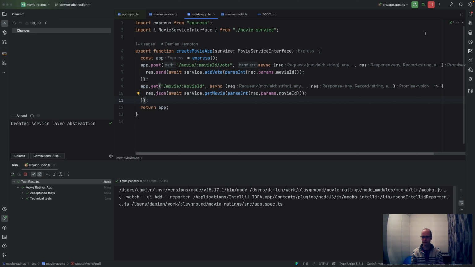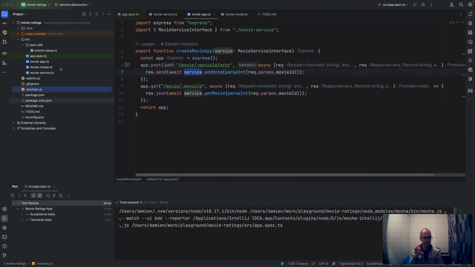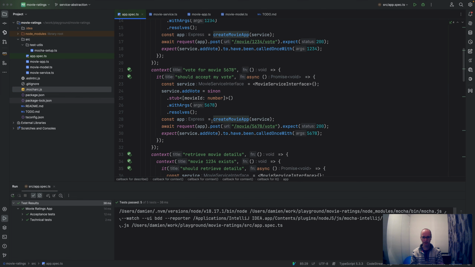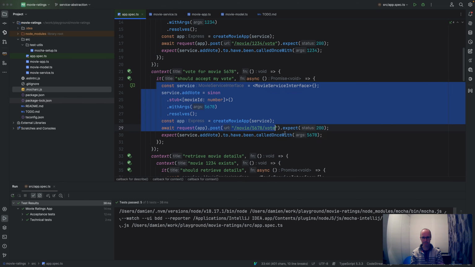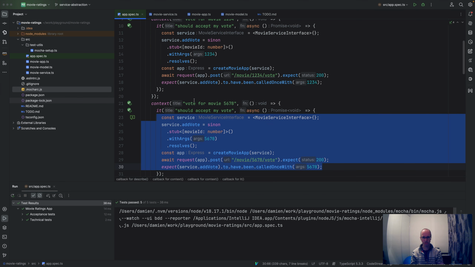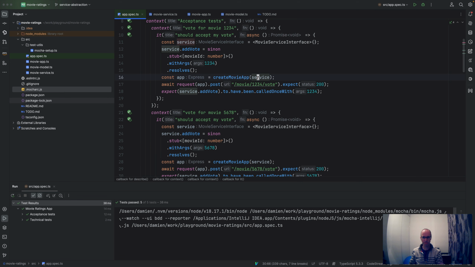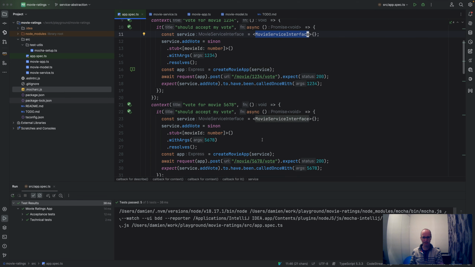So in this video, what I'm going to do is implement the service interface. We're going to create the starting point for that. So in our app test here, we've implemented the Express application and made our test pass for that, but that's basically delegating all responsibility to a service file or a service object that hides behind a movie service interface, but we haven't actually got anything yet that implements that movie